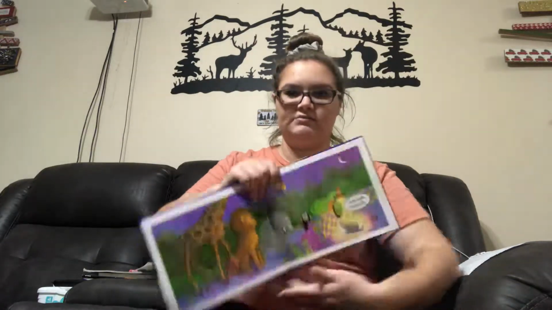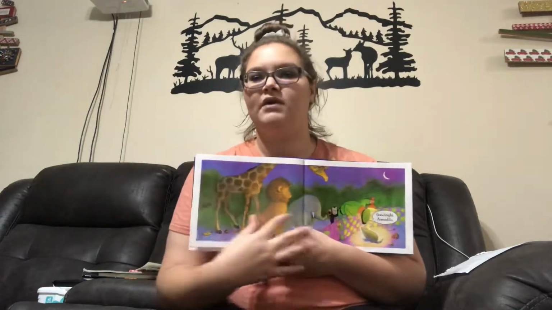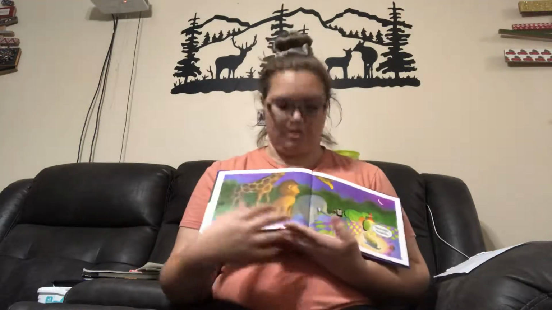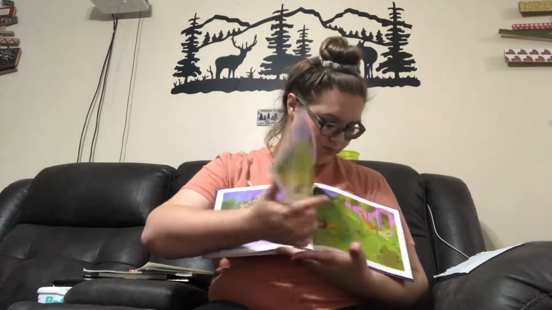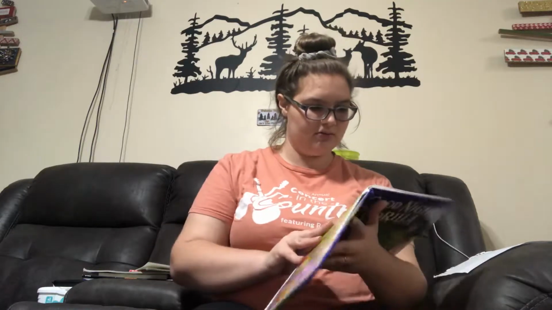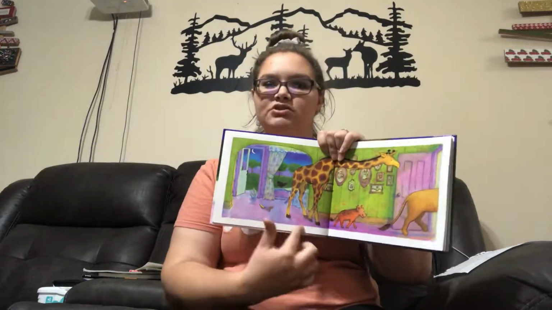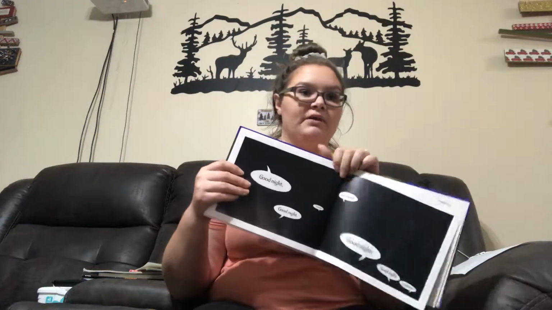If I can find a better picture that I wanted. Like this one, it's getting darker. The dark blue's up here. It's a little bit brighter over here because there's a flashlight, and the shadows are created on the ground. So they're walking through the grass. So this one you can see the moon. We can see a shadow on the floor. You can see shadows from the animals as well. And then I guess page is completely black. But it is